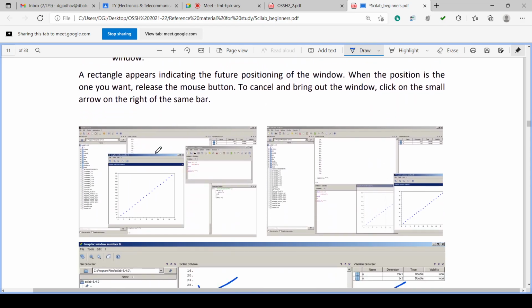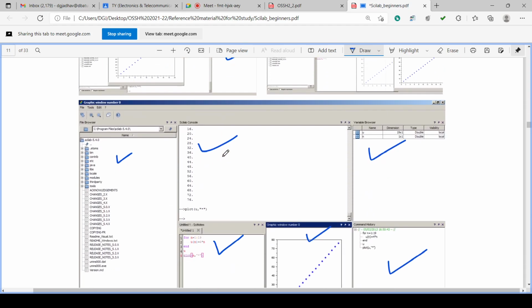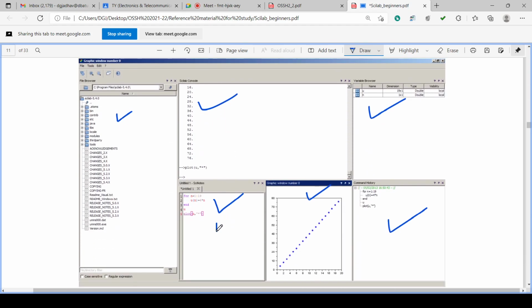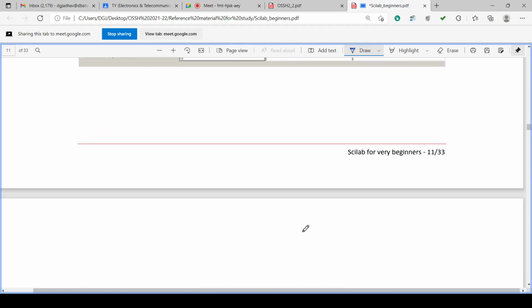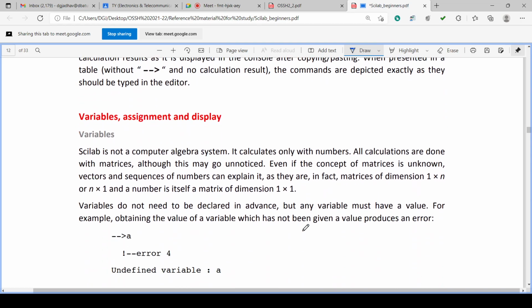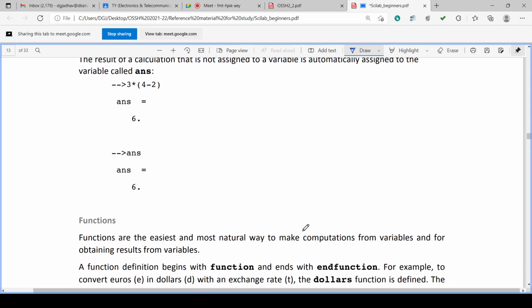Previously the console, command history, variable browser, and file browser were there, but graphics and editor were not docked. Here they are docked, that means appropriately placed. And programming, variables, etc. we have discussed.